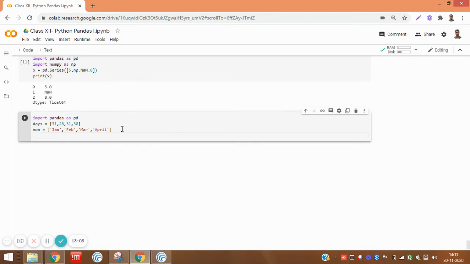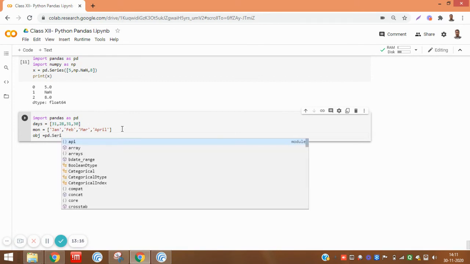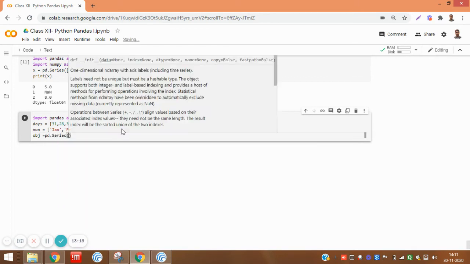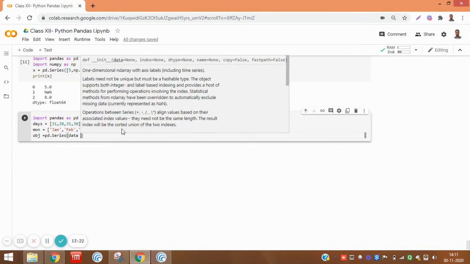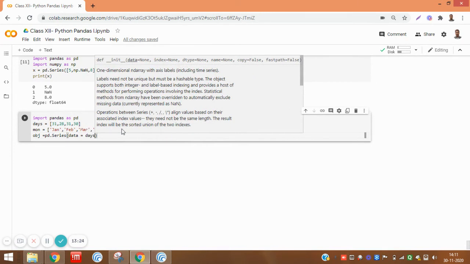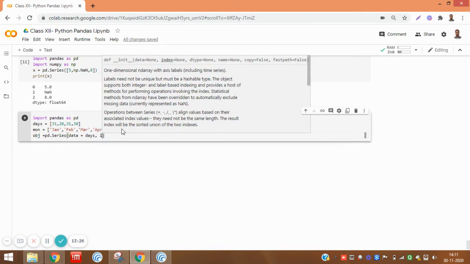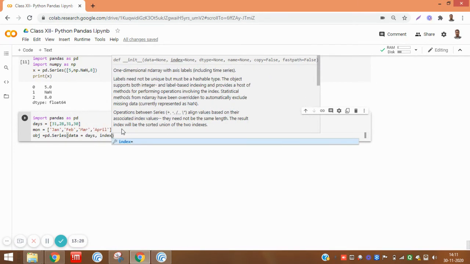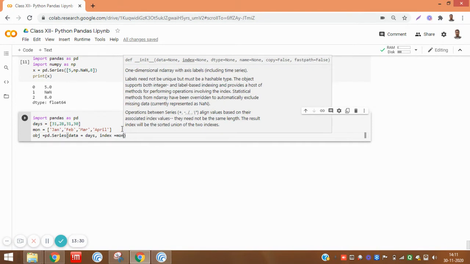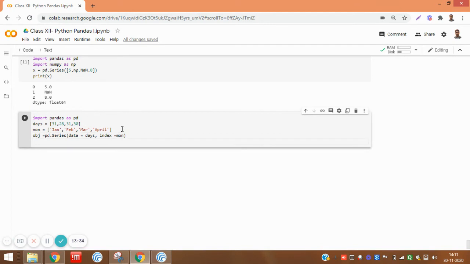You can see that we create the series object. Then we create the object equal pd dot series in bracket. We give the data. What is the data? Data equal days. Okay. Then indexes equal what? Month. So I specify here data directly through the list.